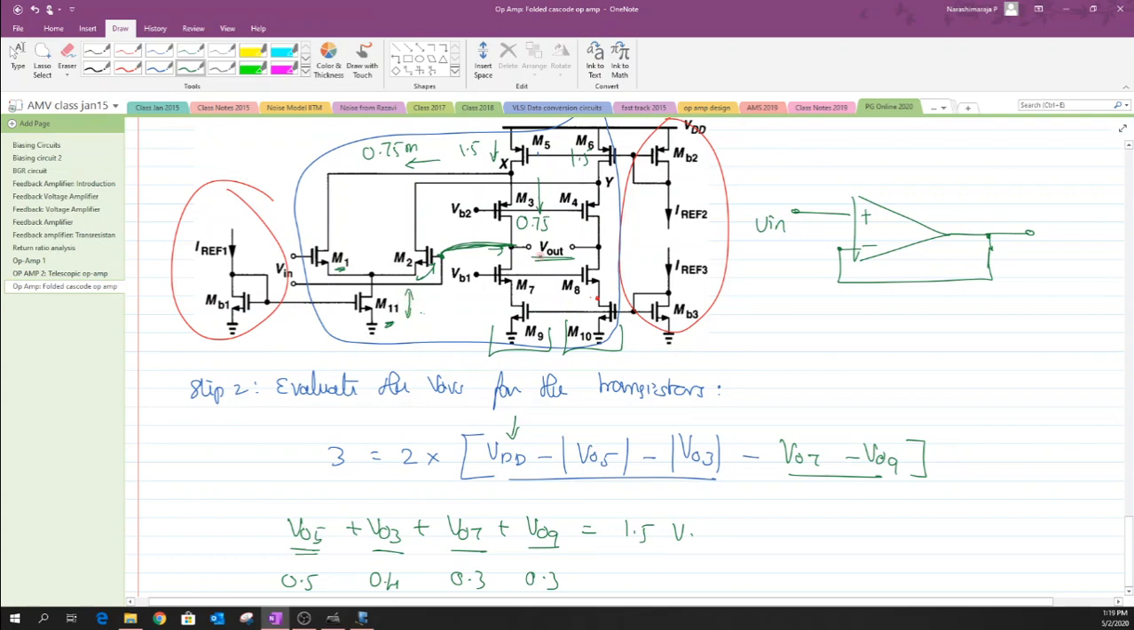First of all, we need to know what is the common mode voltage that we have. Let us assume that there is a swing, and